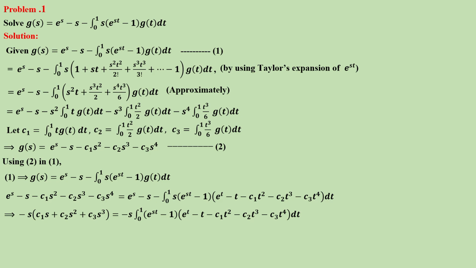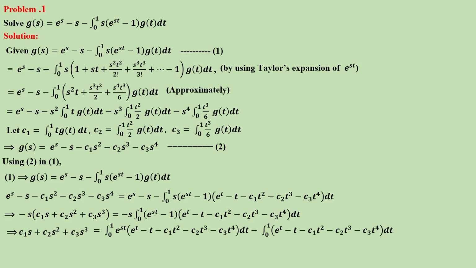So remaining terms, minus c1 s square minus c2 s cube minus c3 s power 4 on the left hand side. From that you take minus s outside, right? c1 s plus c2 s square plus c3 s cube, which is equal to, on the right hand side you are having s inside the integral, take it outside, minus s integral 0 to 1 (e power st minus 1) into e power t minus c1 t square minus c2 t cube minus c3 t power 4 dt, right? So yes, minus s on the left hand side and the right hand side of the equality get cancelled. So remaining you are having c1 s plus c2 s square plus c3 s cube, which is equal to